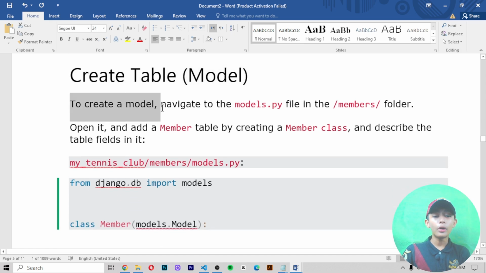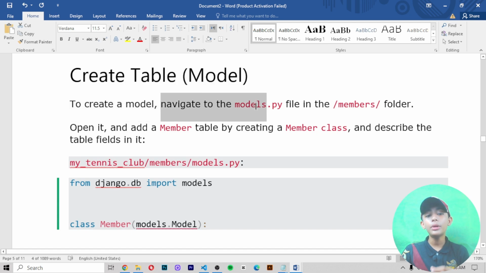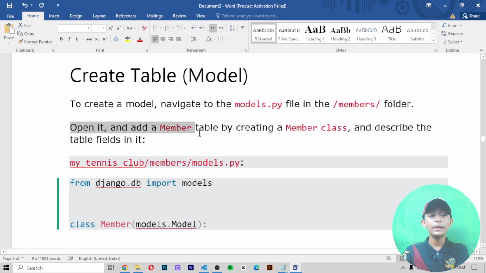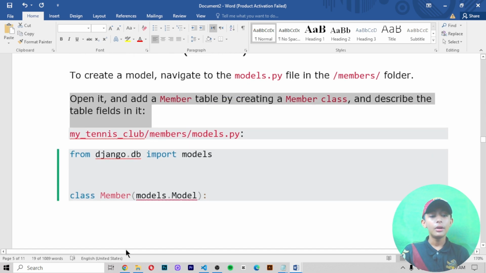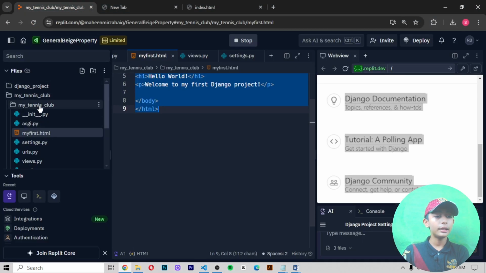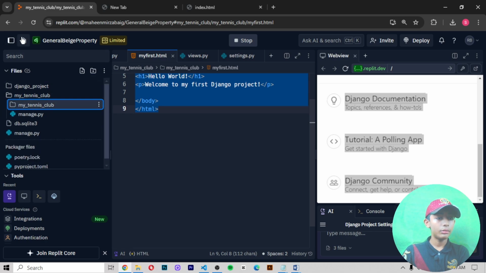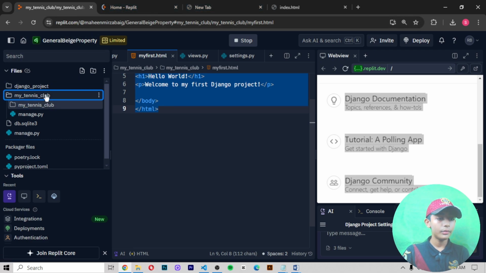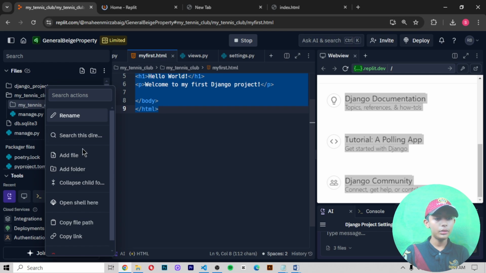To create a model, navigate to the models.py file in the members folder. Open it and add the member table by creating a Member class and describing the table fields in it. Let me create one folder.